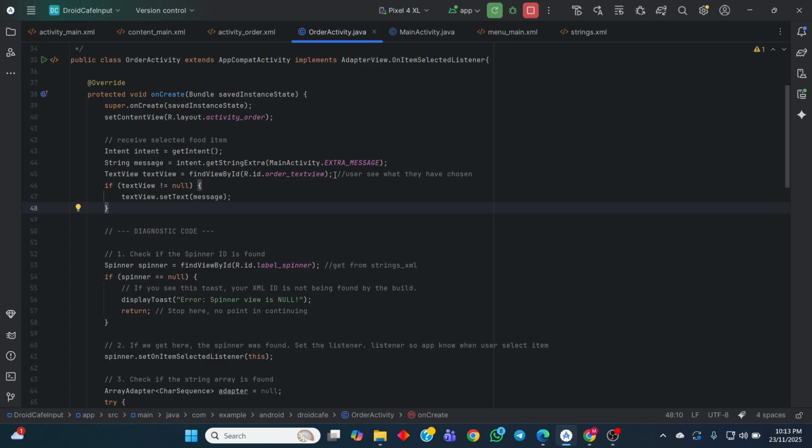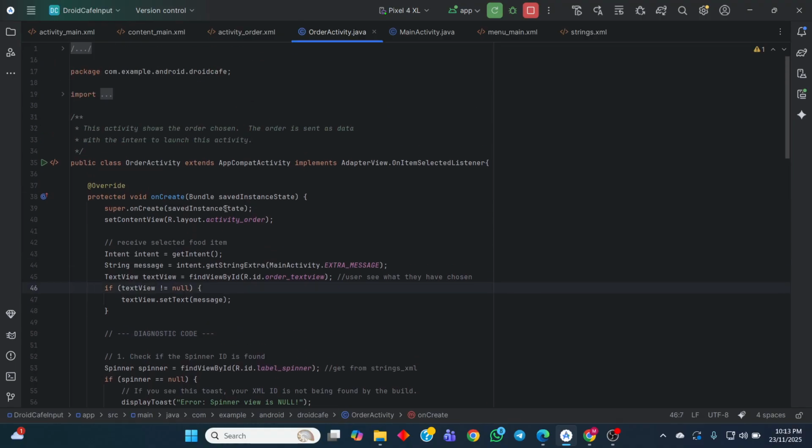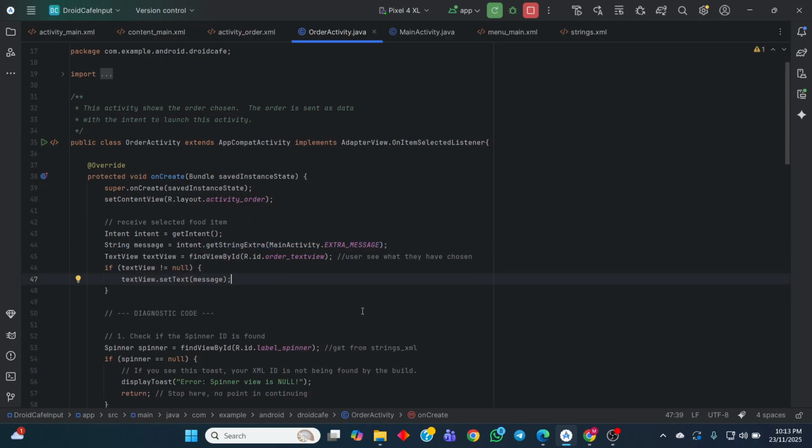So we will display it in that box using find view by ID. And if the text view is there, it will set the text using the message that we have passed from the main activity. As you can see, the message has been set into the intent from the main activity.